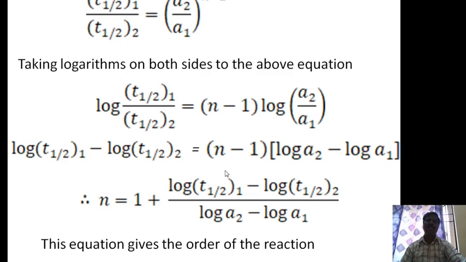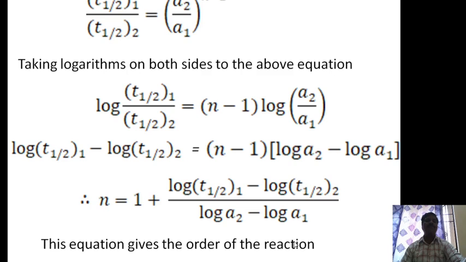Again you have to apply a logarithmic property, so subtraction takes place. Log T half 1 minus log T half 2 equals n minus 1 into (log of a2 minus log of a1). Therefore n is equal to 1 plus (log of T half 1 minus log of T half 2) divided by (log a2 minus log of a1). This equation gives the order of the reaction